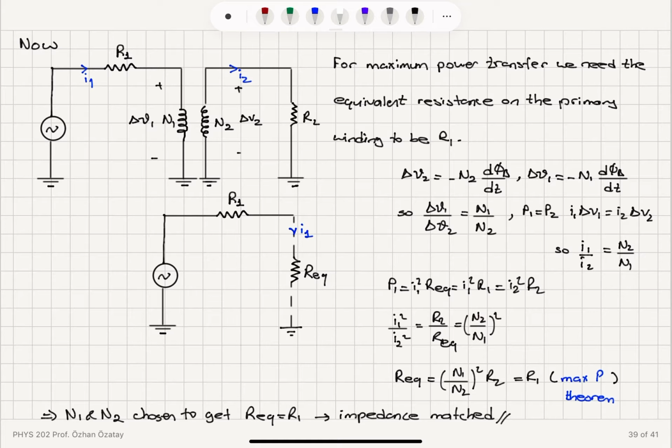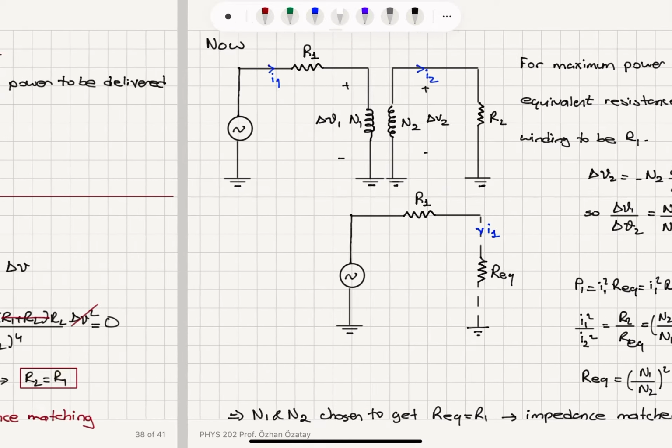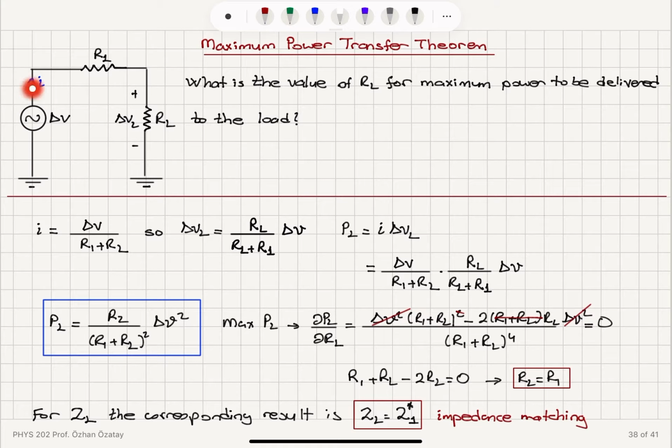So equivalent resistance that we see on the primary side is (N1 over N2) squared times R load. And for maximum power transfer, this should be adjusted such that this equivalent resistance is equal to R1 for exactly the maximum power transfer theorem